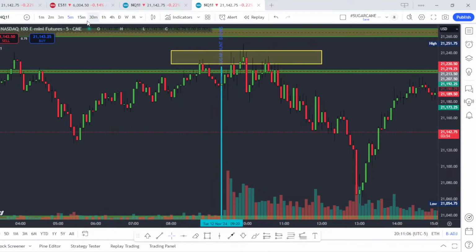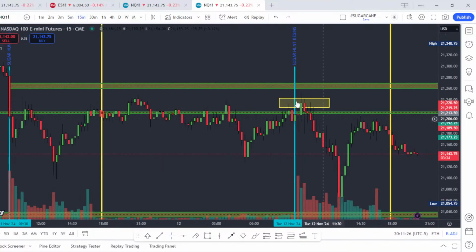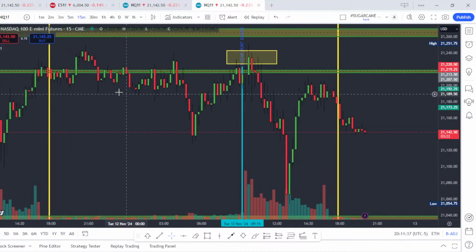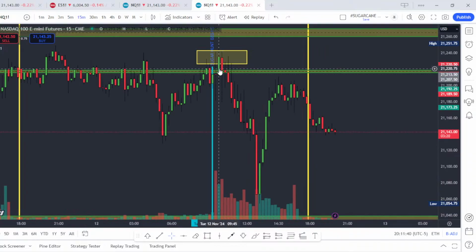You see how the candles are changing, but all that's happening is when I'm going from one time frame to the next, they're just dividing up the information into smaller bits and pieces that I can then look at even more in detail. Because this 15-minute is telling me the same exact thing as the 5-minute. Every one of these candles is going to become 3 candles. So this green bar right here,